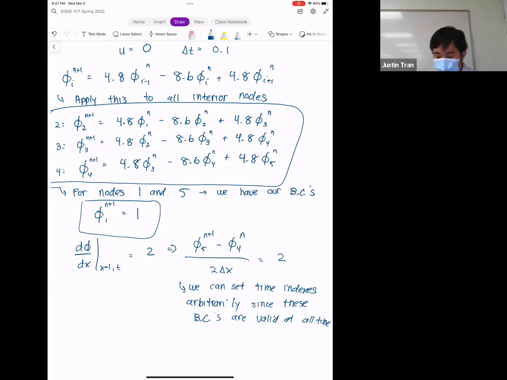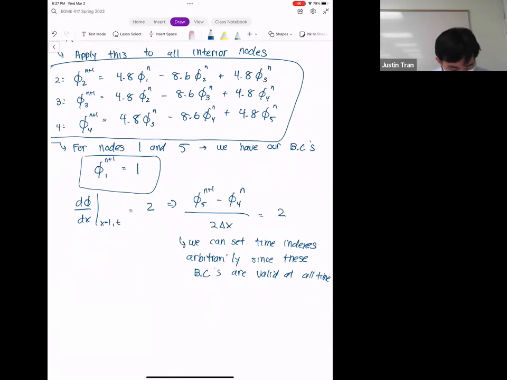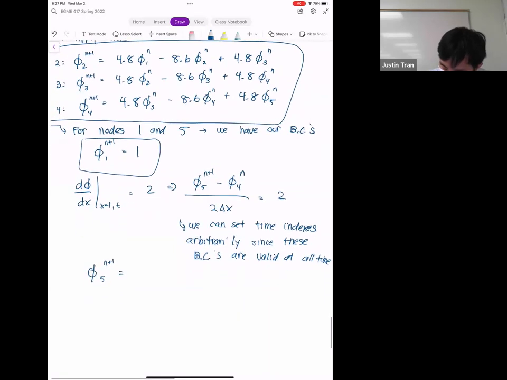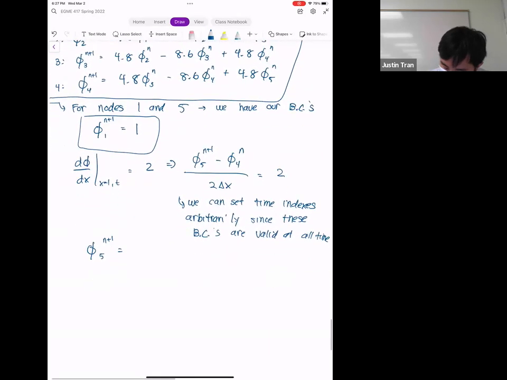So I put an n plus 1 on phi 5 and an n on phi 4, and then we can solve this for the n plus 1 term. If you move terms around and multiply by delta x, what you get is phi 5 at n plus 1 is equal to 0.5